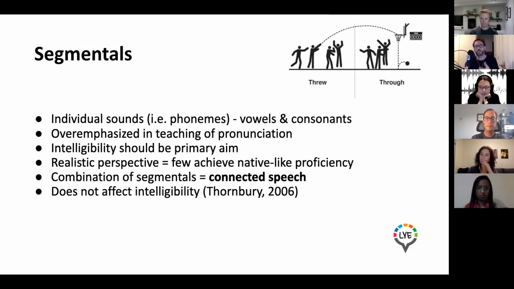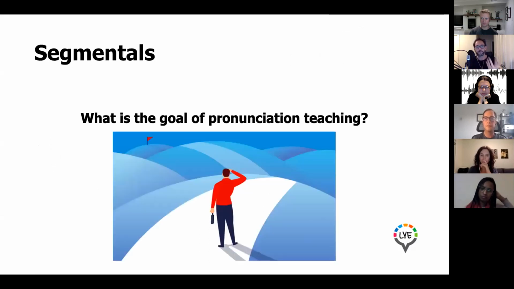Why are segmentals important? Because they lead to this idea of connected speech. When the word boundaries get together, they sometimes disappear, sometimes they link, sometimes a sound changes. So there are different types of connected speech. But according to Thornbury back in 2016, this emphasis on segmentals doesn't really play an important role in changing intelligibility. So what is the goal of pronunciation teaching then? I think that's a question I want everyone to reflect on. If we're not focusing on sounds, on phonemes, on segmentals, what is the goal of pronunciation teaching in the